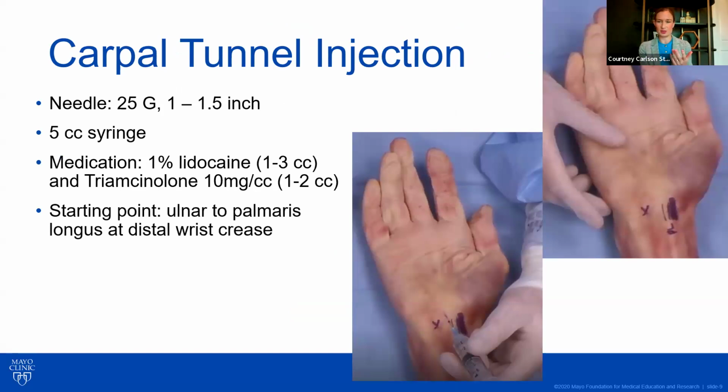A way that you can determine if a patient has a palmaris longus and mark it out is to ask the patient to put their pinky and thumb against each other, pinch, and then bend their wrist down, and that will oftentimes get the palmaris longus to stand out, and then you want to be just ulnar to that. If they don't have a palmaris longus, injecting in line with the radial border of the ring finger is typically a safe